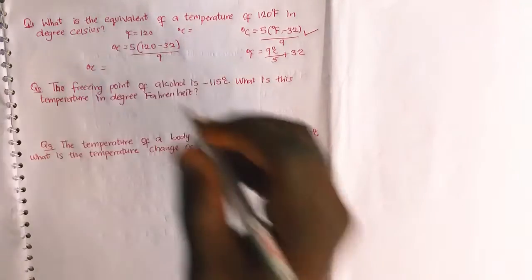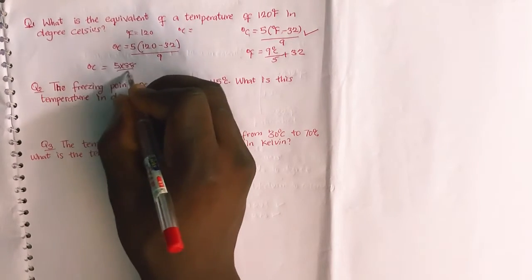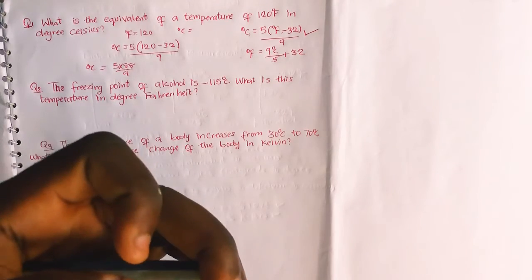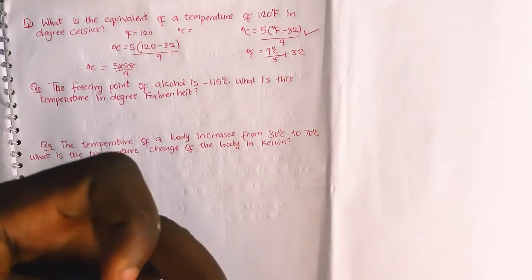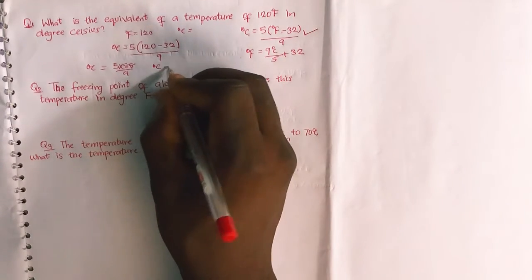So you're having 5 multiplied by 88, divided by 9. So now 5 multiplied by 88 divided by 9. Let's see what the answer is. The answer is actually 48.8. So we're having degree Celsius to be equal to